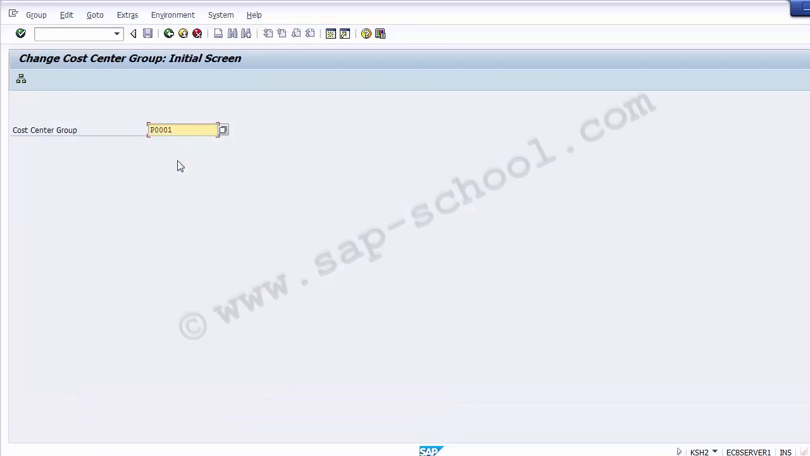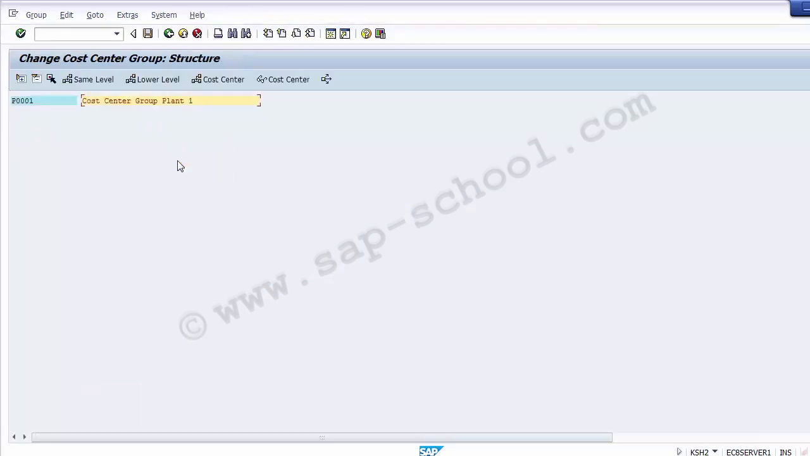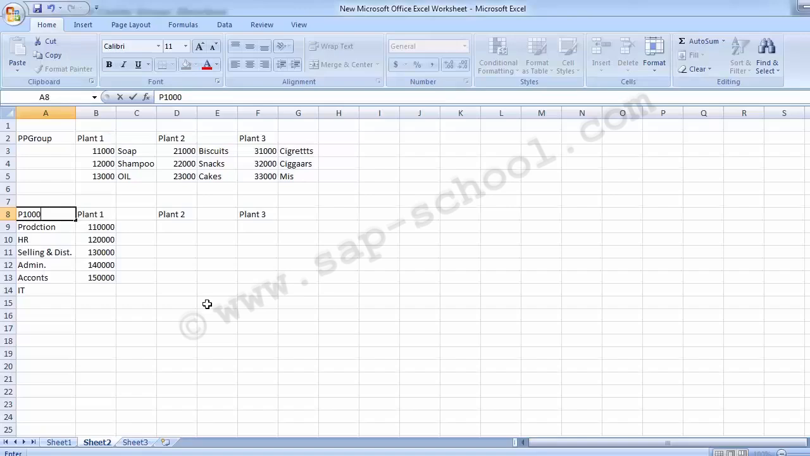So the one which we created was P0001. Enter. So you can move back and you can see over here Change Cost Center Group. You cannot delete it, but you can make the changes to it. So suppose we take it as cost center group plant 1, and you can go back and save it. Within plant 1, we have just created one cost center, that is 110000, and now I want this green mark cost center which we have created in the last step to be assigned to this particular group